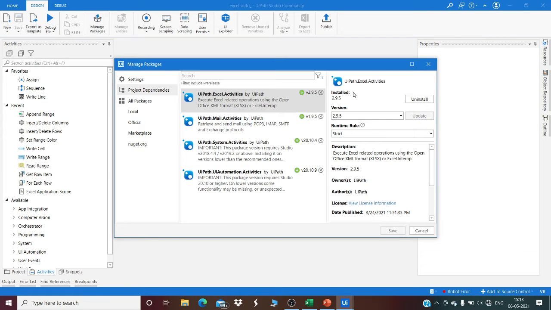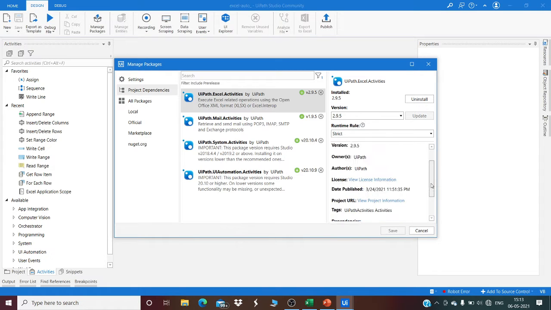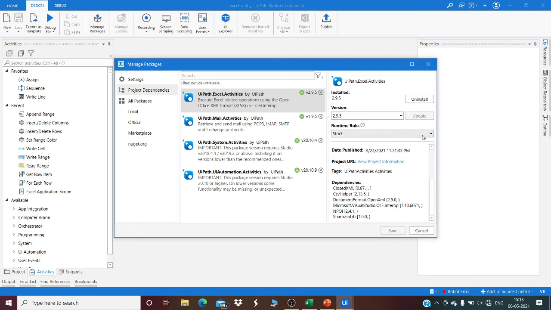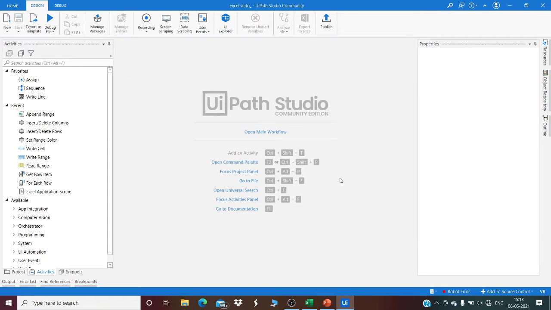Click it and see if it is installed in your PC. In my PC it is installed. If it is not installed in your PC, then check for the newer version and download it. I cancel here. This is the main workflow of our UiPath.